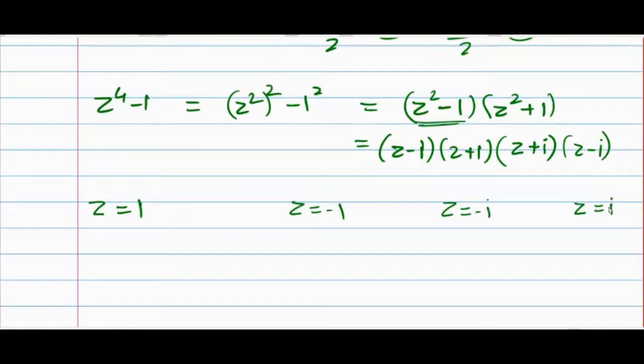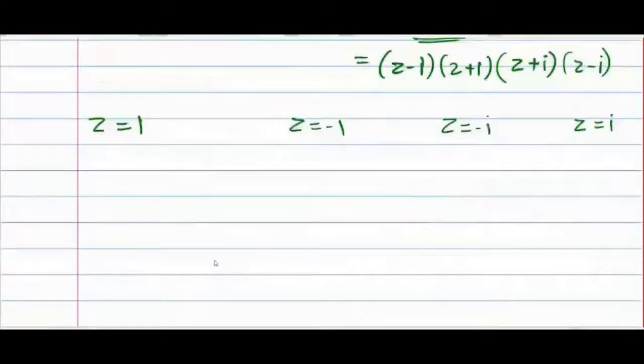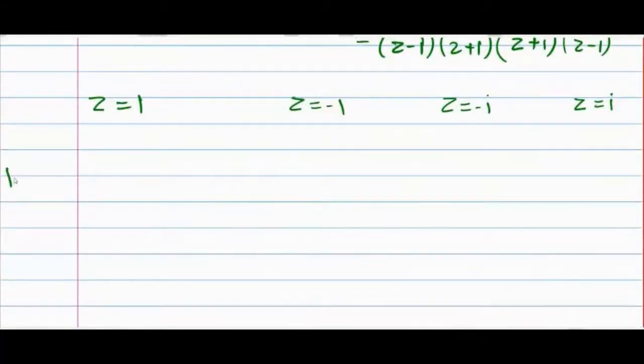These are the 4 points, and you have the curve equation: mod z plus 1 equal to 1. Check which points are inside and which points are outside. Substitute one by one and check. Tell me, z equal to 1, inside or outside? If it is outside, type O. If it is inside, type I. Okay, z equal to 1, inside or outside? It is outside. Okay, z equal to minus 1,